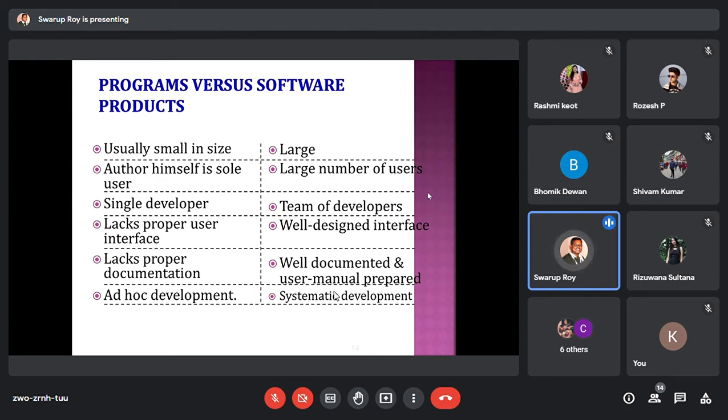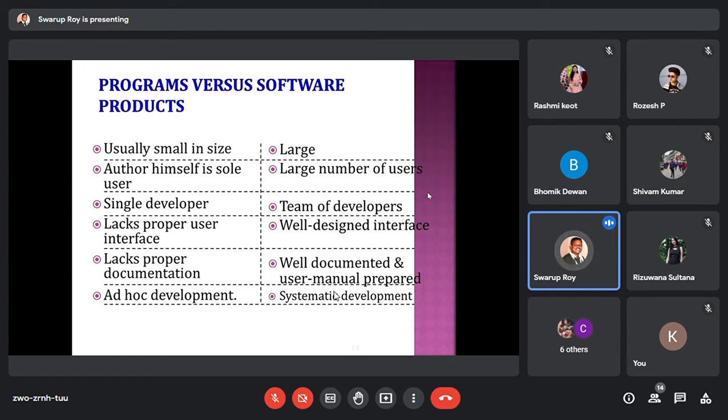Even once they develop that thing, there must definitely be some kind of user manual. You know, a how-to-use document should also be there after completion of the software, so that the user will go through that and try to understand how to operate it. Normally user manuals are available in almost all kinds of product development. That's why we call it a product, because it's not only software; it is somewhat similar to any product that people are developing, any kind of product.